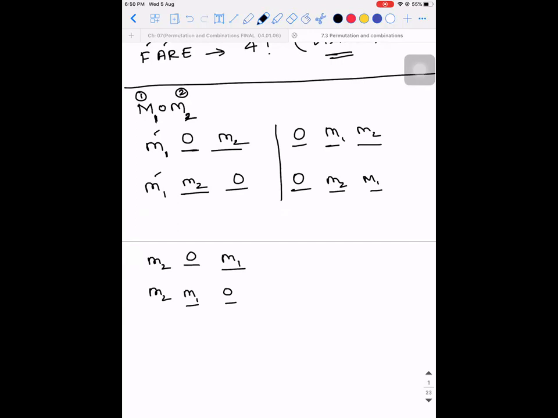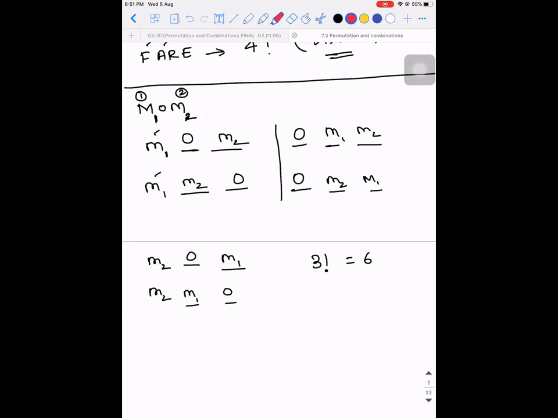Now, if you see, how many words did I get? I got 3 factorial, which is 6 words. But in those 6 words, there are certain words which are the same, because M1 and M2 don't exist logically, right? So if I remove them, then the same words I'm going to highlight. Tell me what are all the words. You guys tell me. Mithun, you tell me now. What are all the same words?